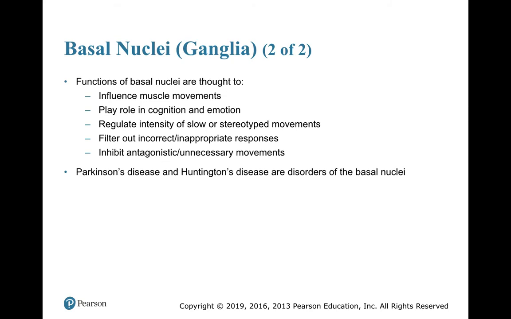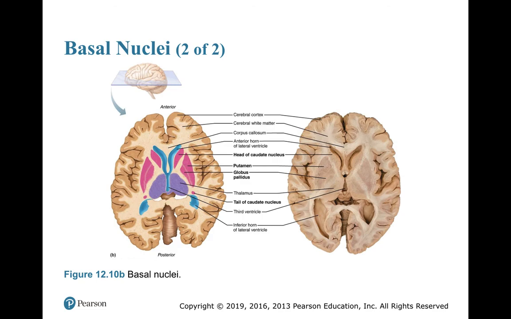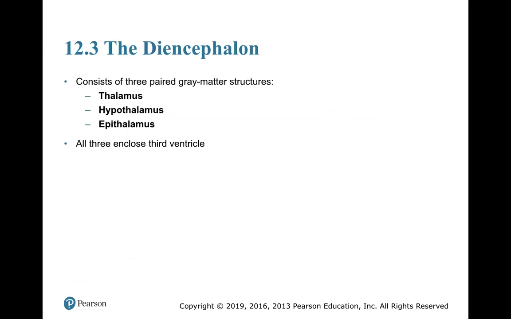And again, one of the reasons we know this is because of two very devastating neurological diseases, Parkinson's disease and Huntington's disease, that affect these nuclei. And you can guess the symptoms based on what we believe they play a role in. And that would bring us to the diencephalon. So I am going to stop there and put this video with the other